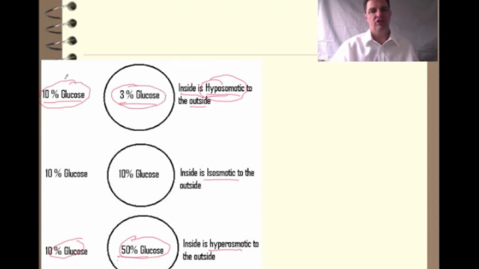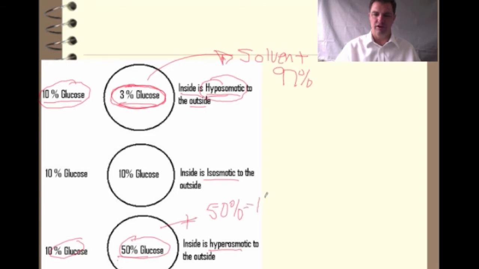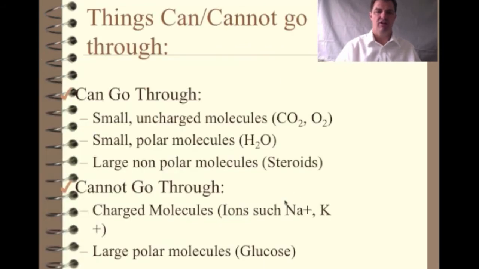If I asked you, just to see if you're thinking about this, what is the percentage of solvent in this cell right here? Well, if we have 3% glucose and we know that everything else is the solvent, then the solvent concentration in there would be 97%. Just like in this one it would be 50%, because 50 plus 50 would equal 100%. Okay, all right. Now,